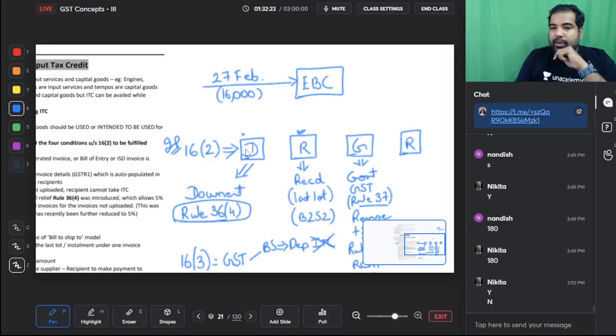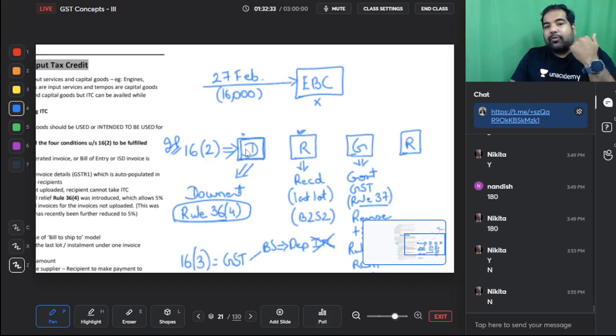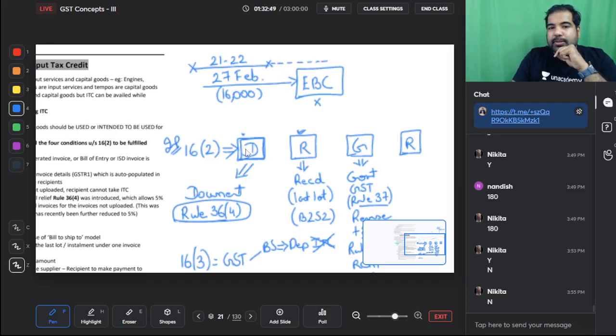Guys, if they don't find the invoice, the document is not there. So will you be able to take credit? No, you're not able to take credit. So by when do I have to take the credit? Guys, this is which year? This is the year 21-22. In this year, if there is any credit that you have to take, there is an expiry period which is the earlier of the two dates. One is the September return due date. Guys, the return for a particular month has to be filed by the next month on the 20th. So the September return due date is 20th October.